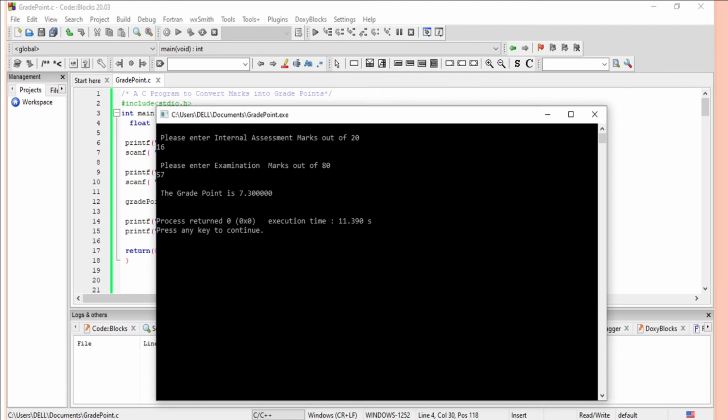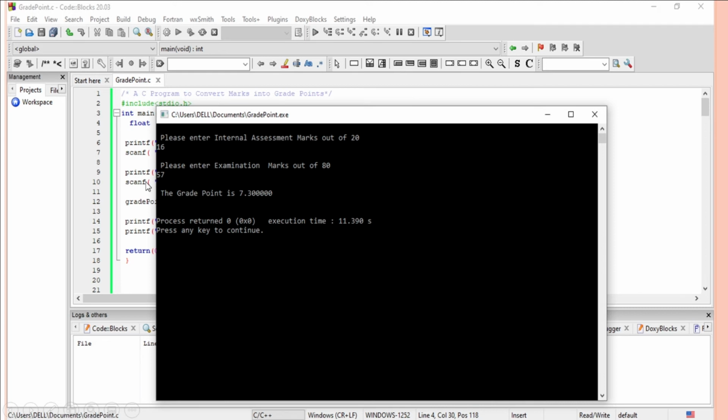When it is successfully executed, it indicates to the user on this console, please enter internal marks out of 20. The user has entered 16. Second, as you recall, the second printf statement was please enter examination marks out of 80. In response to this, the user has entered 57.